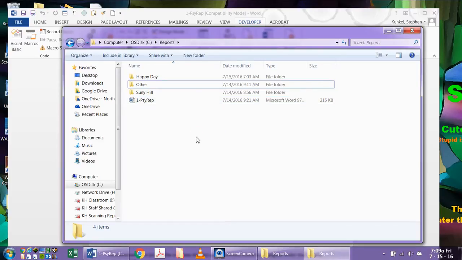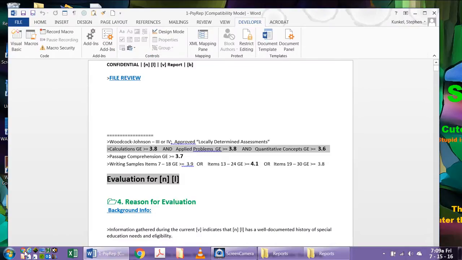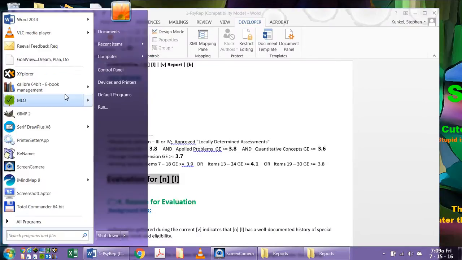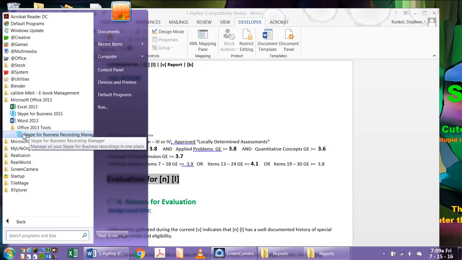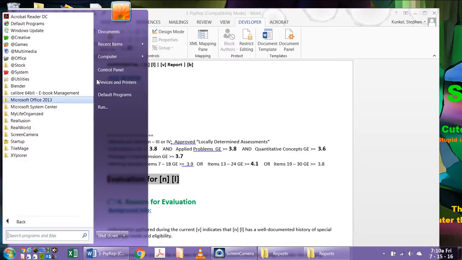Okay, so go ahead and minimize this. Next thing we want to do, I guess if you have Office 2010, you can probably just go to the Microsoft Office in your all programs in the start menu, and then under Office Tools there probably will be a thing for creating a digital certificate, a self-cert. For some reason in Microsoft Office 2013 they went ahead and hid that from us, so for that